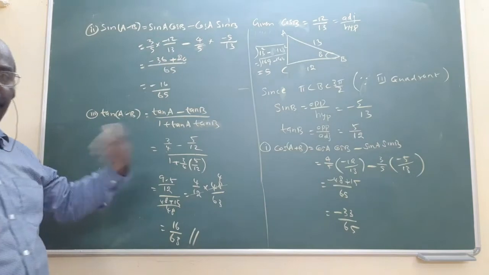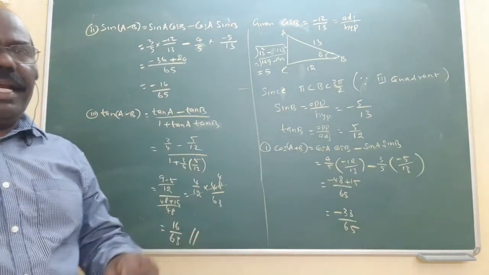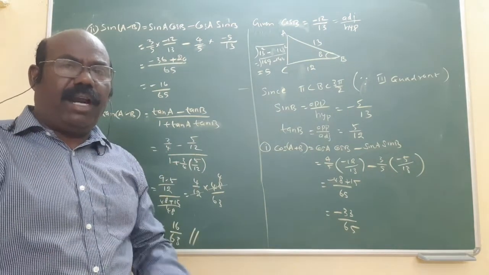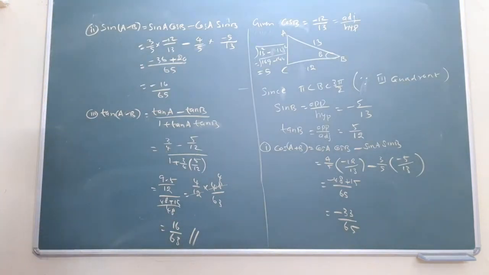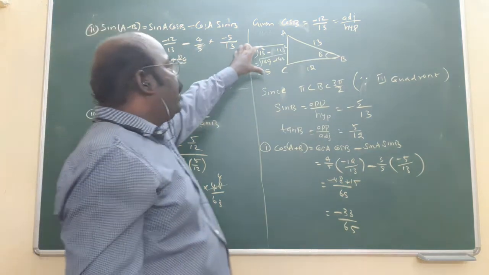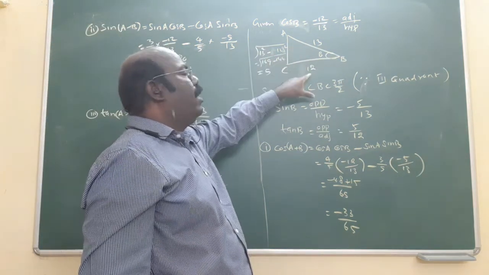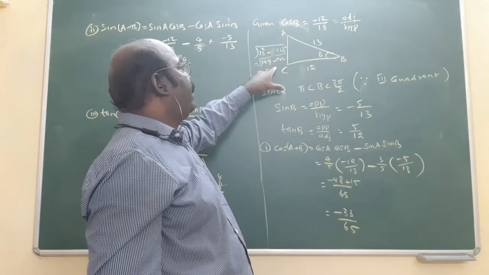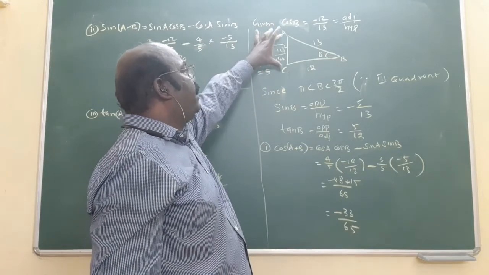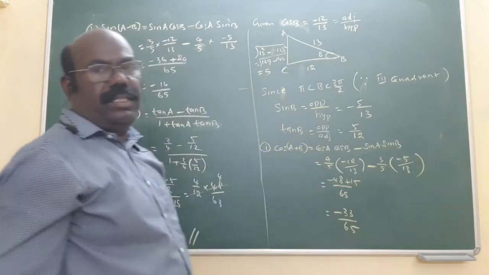But here the first one is what? Please say, 0 to 90. First quadrant, all positive. Negative will not come. In this way, you want to consider. About the same question, a very, very important 5 mark question. Here I am doing the calculation directly. Hypotenuse square: the square root of something means hypotenuse squared. Simplify, we get the answer. Root of 25 is 5, so AC is 5. Do the conversion directly, then it is easy.